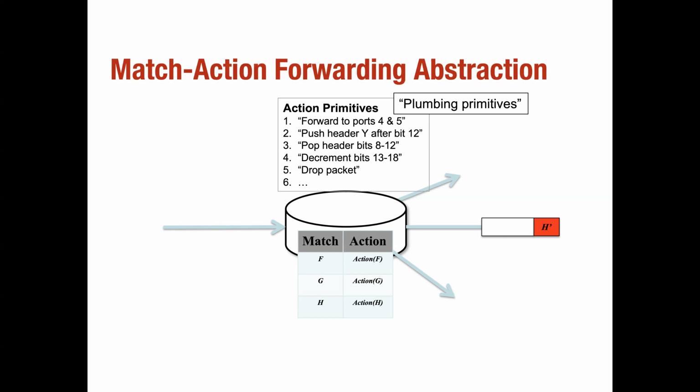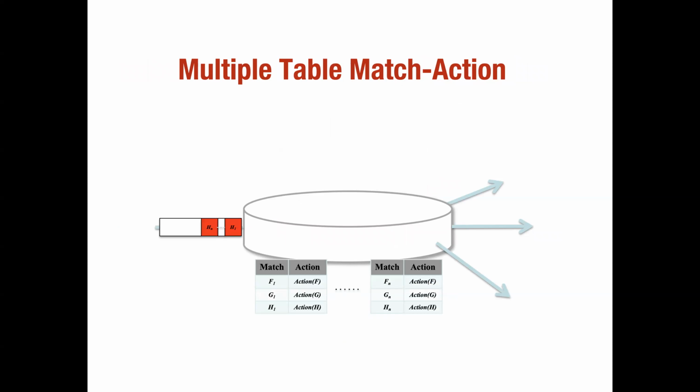So for example, if there is a packet coming in and one layer of the header is H1 and the other layer is HN, then you first apply the match action table: you match on H1 and then apply the action, and then on the next set of fields that you have, you match and apply the next set of actions, right? So in this case each protocol is processed in its own table. The first table can be the VLAN, right? And the second table can be for access control, like the firewall policies that need to be implemented, right?